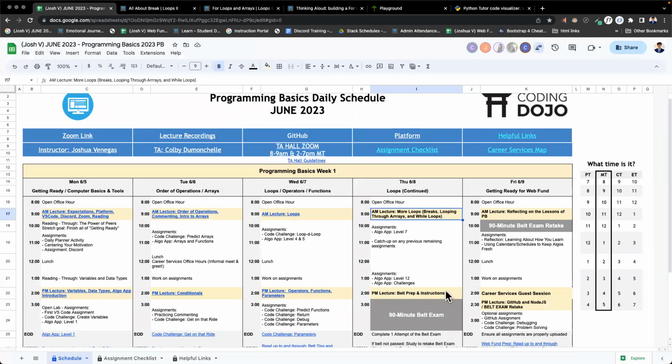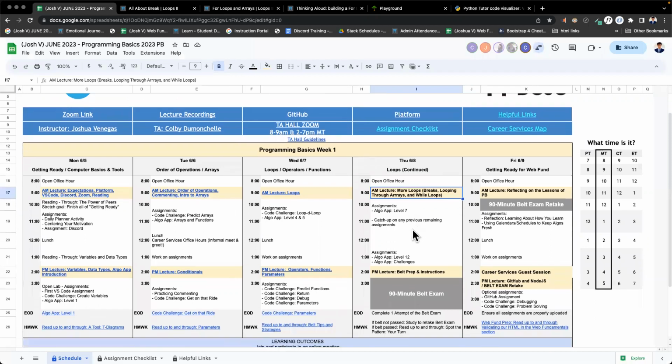Okay, now we've gone over for loops, how to loop through an array. The last type of loop I want to introduce today is the while loop. This is a different type of loop than a for loop, but we can see how this while loop will work. And in order to see this, let's go to our platform,